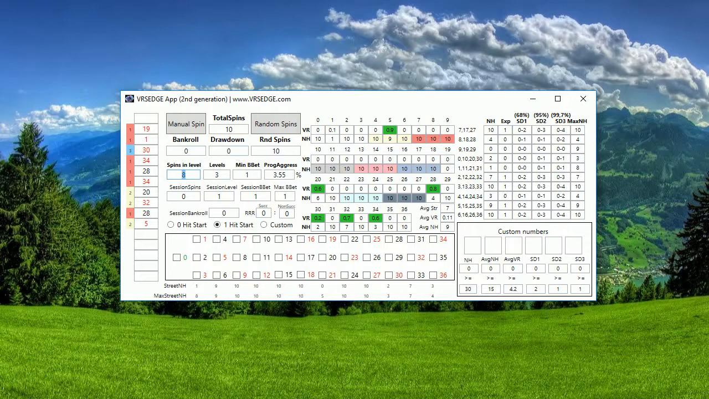Minimum base bet: I'm currently always using a minimum of one. You can always enter something else, 2, 3, 4, it's up to you. It's simply the base bet which you want to use as a first starting point when you generate the betting progression. Then aggressivity. So how it works, you can see currently there is a